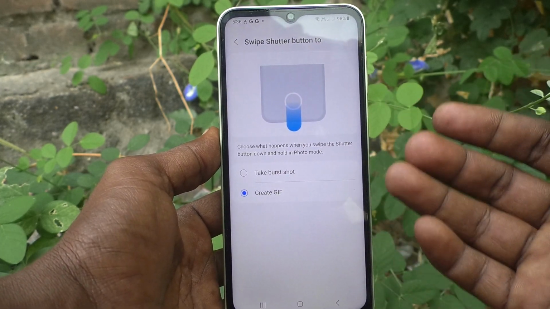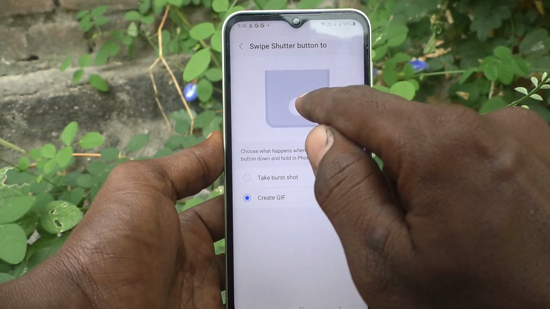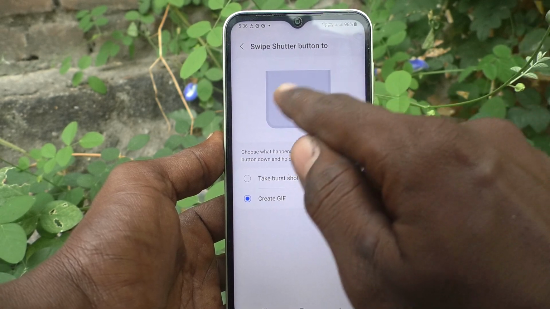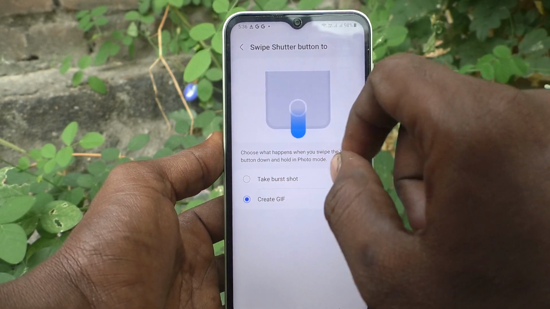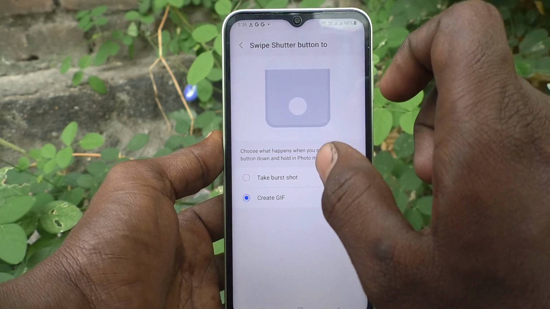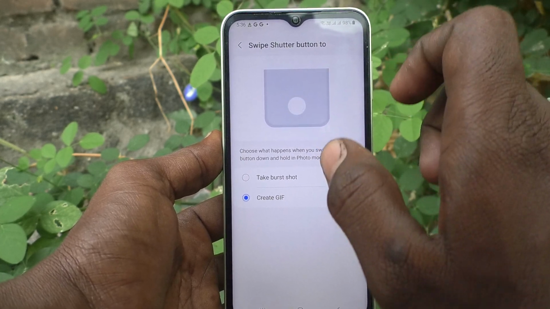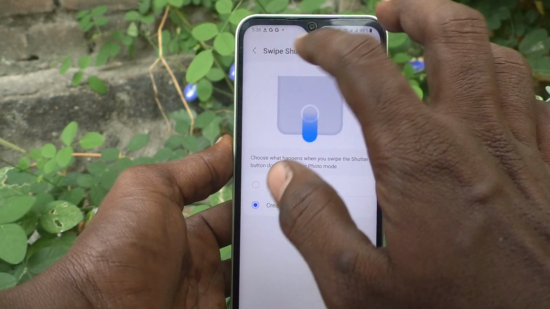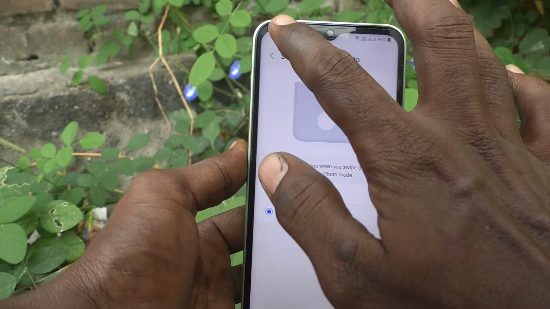Then if you swipe down the shutter button and hold for few seconds, it will capture GIF format. Okay, GIF format picture. Okay, it has some animation. See here,